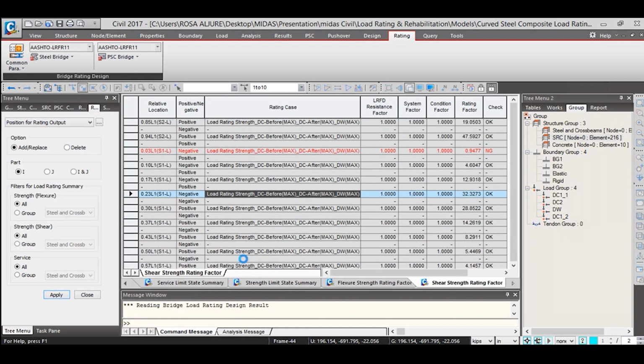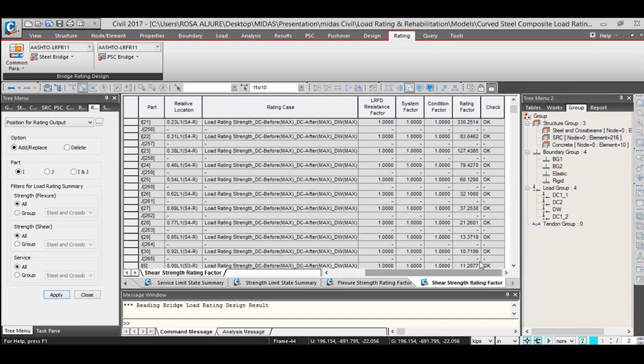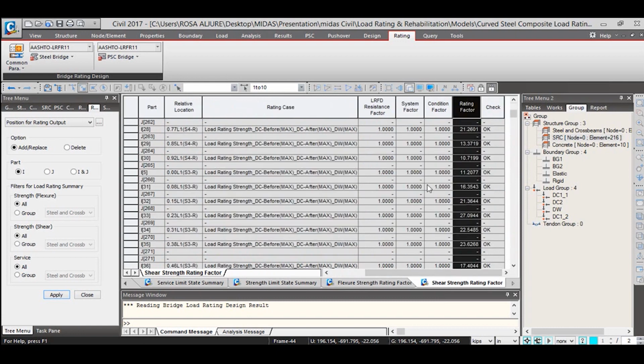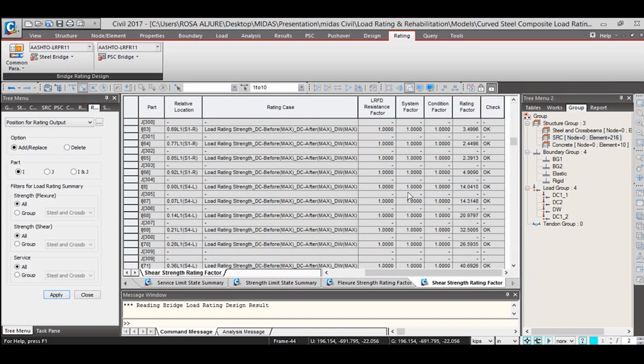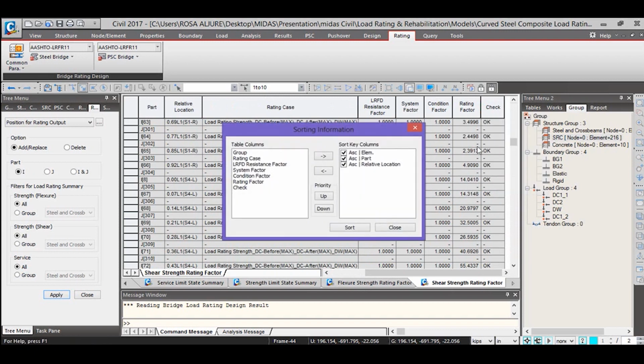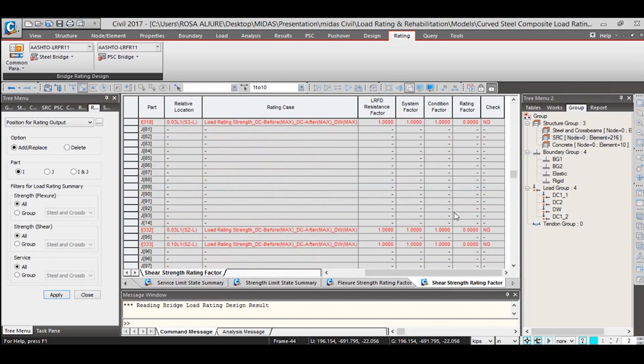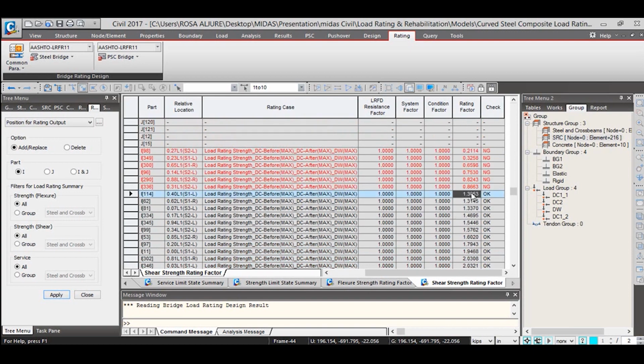Let's check the shear strength. Same for the shear. We can obtain the rating factor for the shear and check the ones that are not compliant with the code standards. You can also do a sorting, so you can sort as per the rating factor, so that you can see first the rating factors with the ones that comply or not with the code, and then you can see from the lowest rating factor to the highest one.